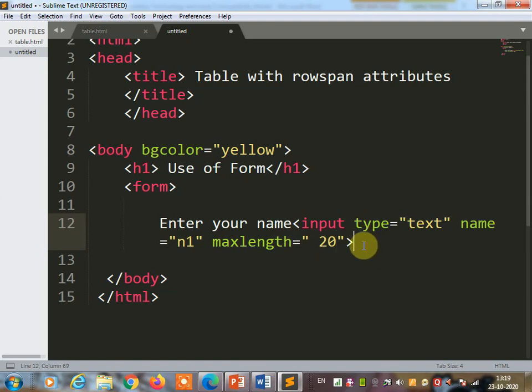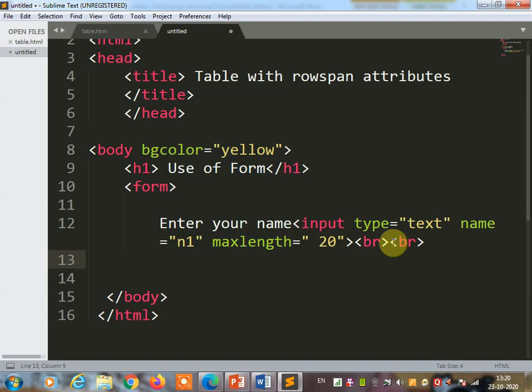The text will not be taken, so only 20 letters can be taken in the name box. So this is maxlength, and then you can use the br tag to go to the next line. If you use the br tag two times, you will get more space, so I am using it two times. Then enter your name is over.